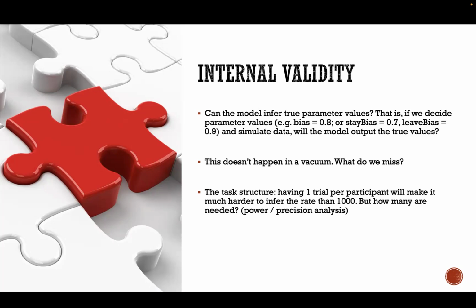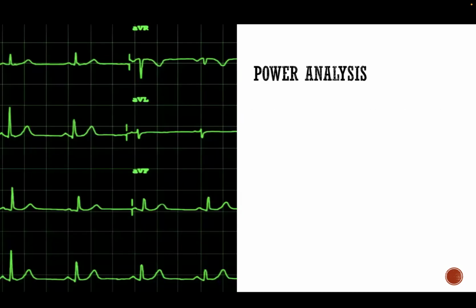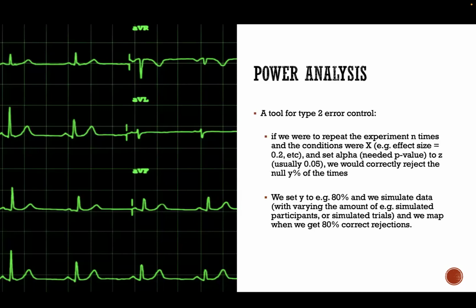But how many are needed? And that's where we usually run power analysis. I think that usually people tend to say how many participants, but actually you can change the number of trials and your answer will change. And so the power analysis in our framework so far would be using it as a tool for what we call type 2 error control. If we were to repeat the experiment n times and the conditions were x, for instance, noise is 0.1 and rate is 0.8,